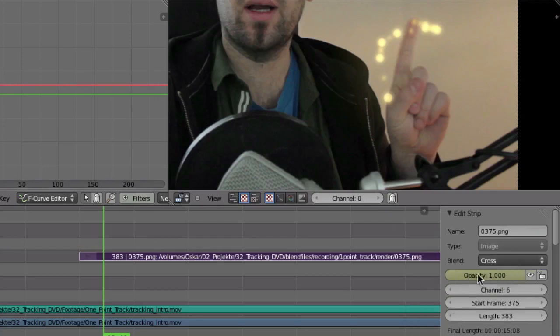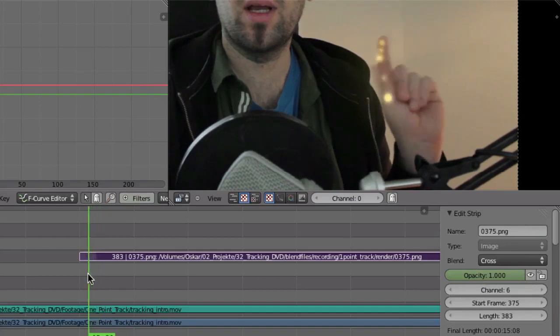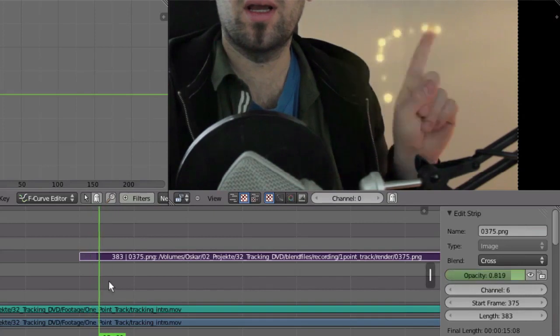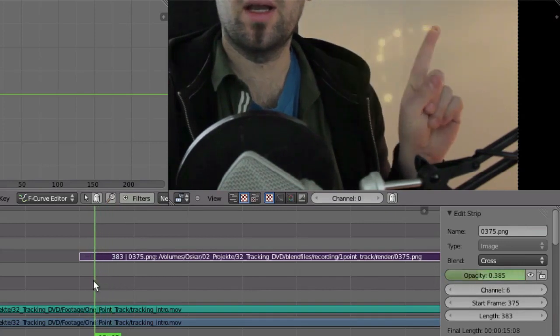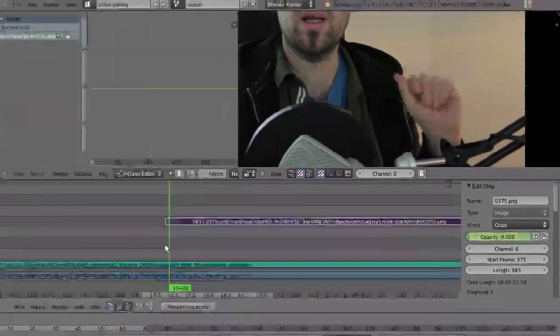Okay, so that is on opacity 1. Now go forward a few frames and then set the opacity down to 0. I for keyframe. Now you have this nice fade in, fade out effect.